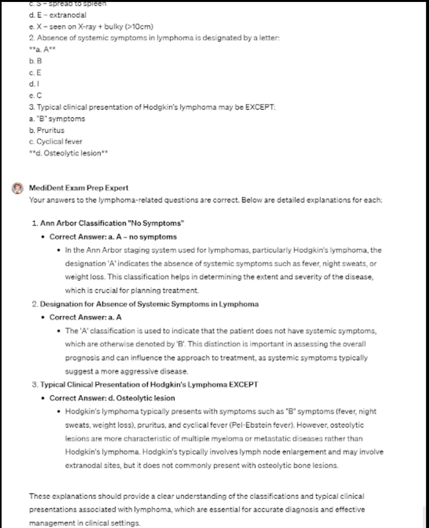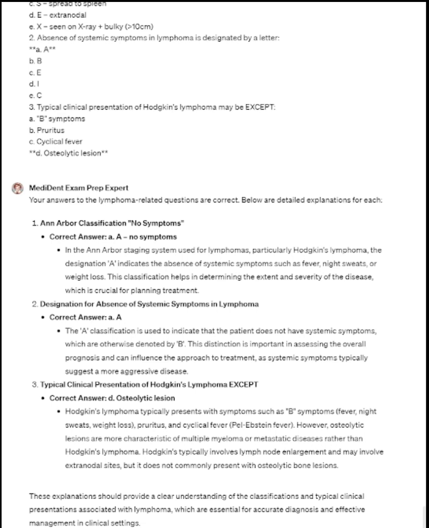Number 3, typical clinical presentation of Hodgkin's lymphoma, except. Correct answer, D, osteolytic lesion. Hodgkin's lymphoma typically presents with symptoms such as B symptoms, fever, night sweats, weight loss, pruritus and cyclical fever, Pel-Ebstein fever. However, osteolytic lesions are more characteristic of multiple myeloma or metastatic diseases rather than Hodgkin's lymphoma. Hodgkin's typically involves lymph node enlargement and may involve extranodal sites, but it does not commonly present with osteolytic bone